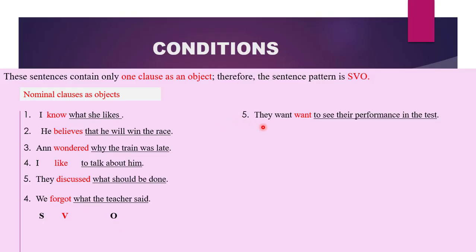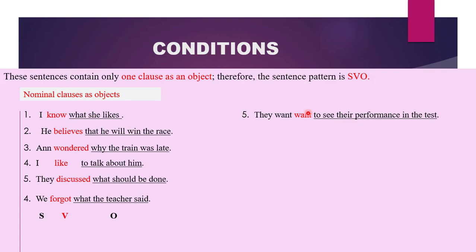The last one, they want to see their performance in the test. What do they want? Whatever comes here becomes the object. You can say they want a car, they want a house, they want bread, they want peace. So whatever they want would suffer from the action expressed by the verb. It is a desideration action. Therefore, to see their performance in a test is a clause, a to infinitive clause functioning as our object because